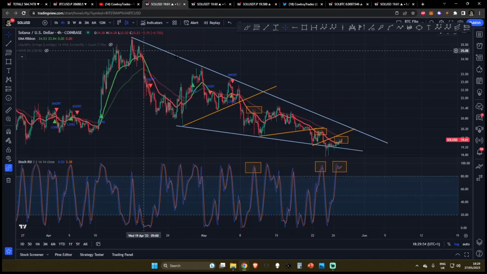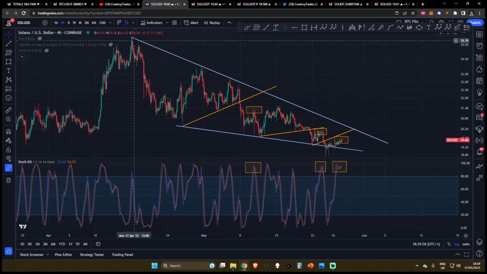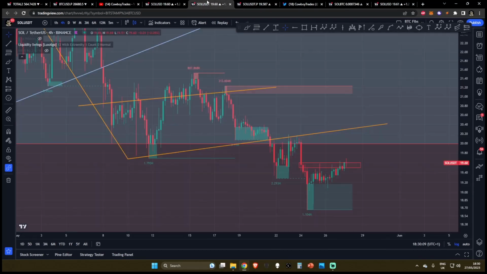So I've noticed a very interesting fractal developing on the 4-hour time frame for Solana. While we have been forming this descending wedge for the past month, we've repeated this fractal twice and we could be repeating it for the third time. I want to talk about what this means for the price in the immediate short term for Solana, but